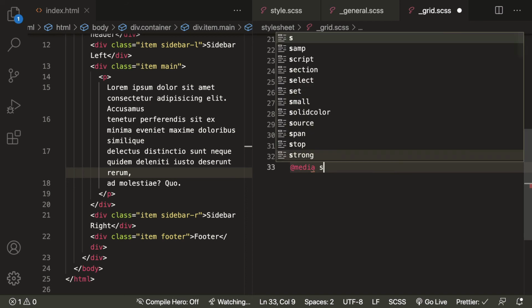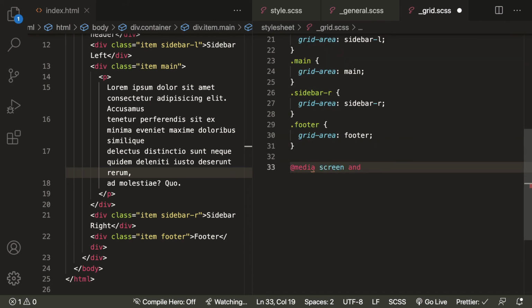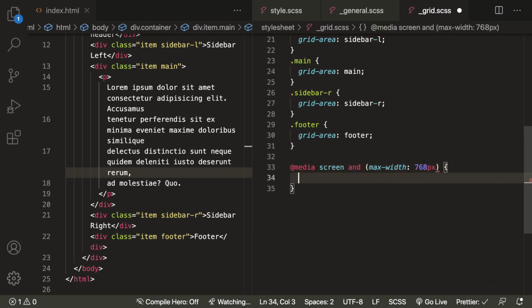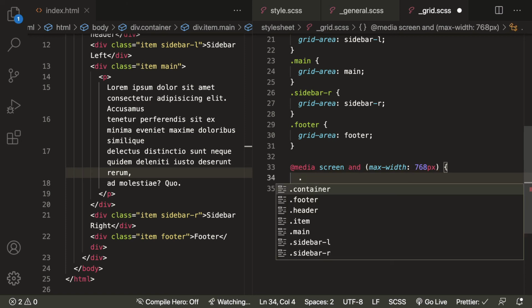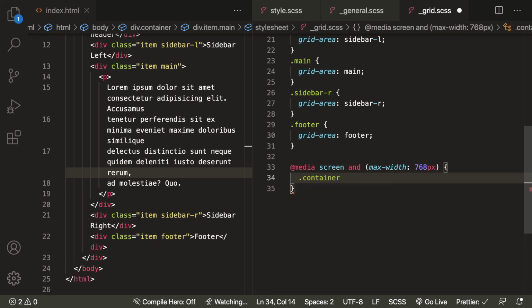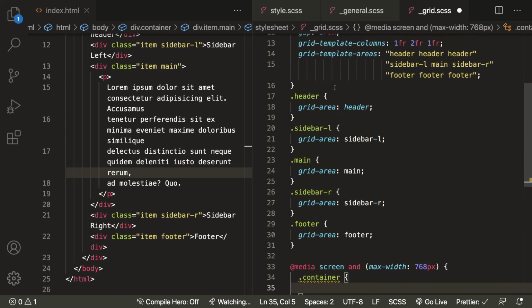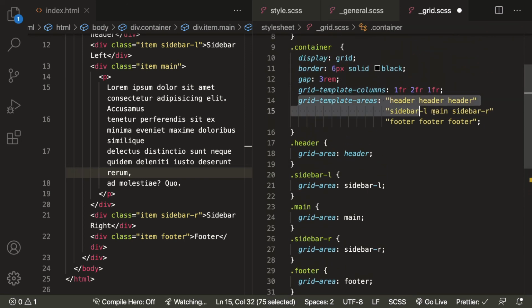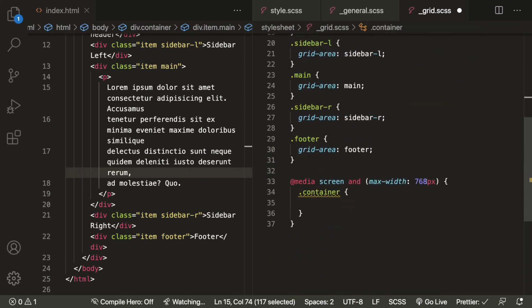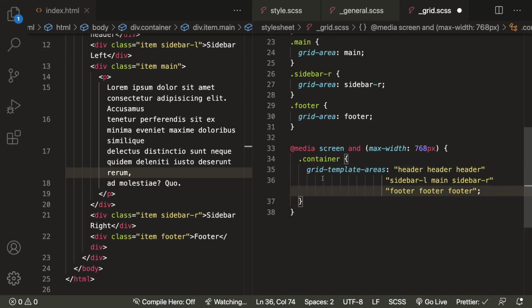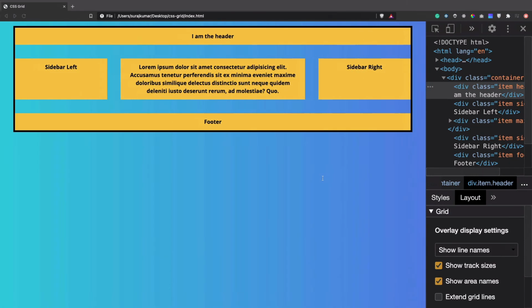Media screen, and let's say max-width 768 pixel. Inside this media query, let's define the grid template area. You can again rename those areas for the mobile view, and define how you want to show your elements inside the mobile view.